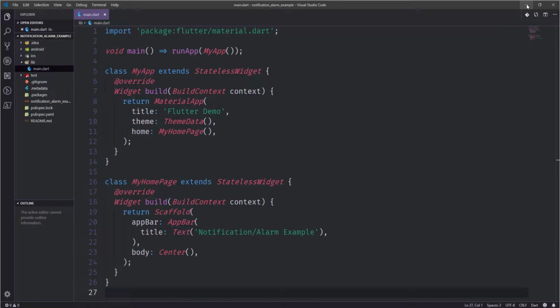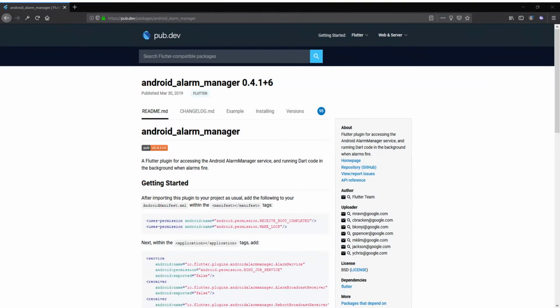Before we get into the code though, I do want to show you guys what we're dealing with. Let's see. Here we go. Let's move over to the browser real quick. So this is the Android Alarm Manager. This is obviously Android only, hence the name Android. So one of the big deals with